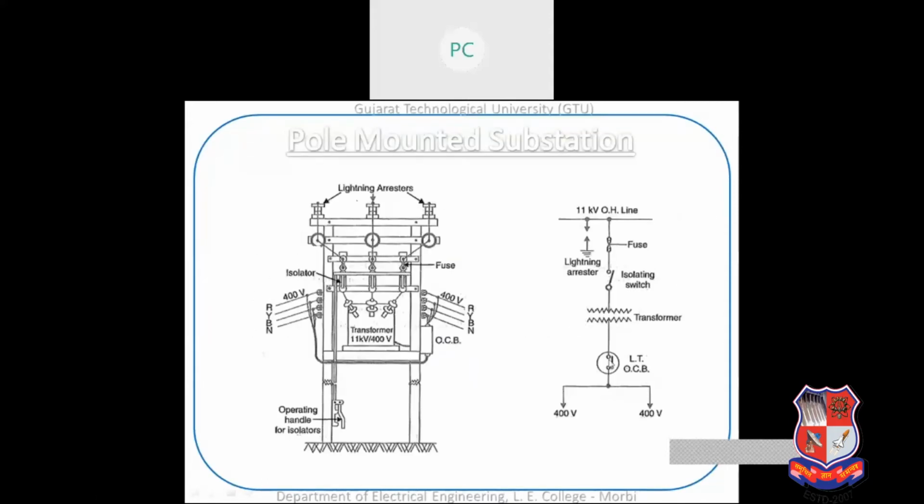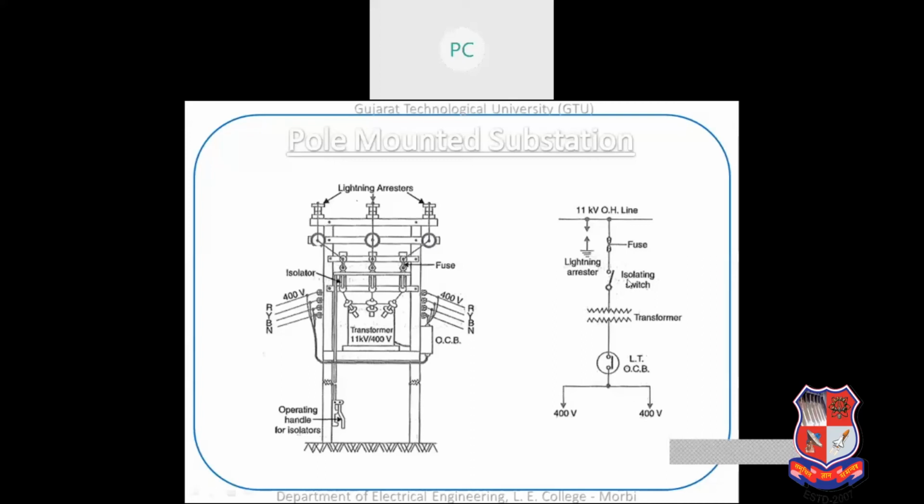If you see here, this is the single line diagram and this is the arrangement we are talking about for a pole mount substation. Here lightning arresters are placed in order to avoid lightning strokes or overvoltage strikes on the conductor. These four terminals are the secondary side of the transformer where we have extracted R, Y, B and neutral. And these are the three bushings where 11 kV is there, and these are the four sides where 400 volts will be stepped down. If you see here, this is the overhead line, the lightning arrester is placed over here, the fuse is placed over here, the isolator is placed over here.